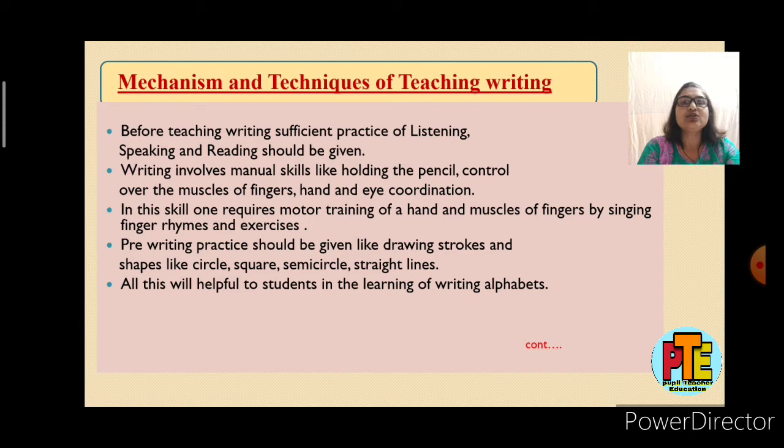At the beginning, students should learn to hold a pencil and try to scribble on the paper. Some of them draw shapes. It brings control over their muscles and fingers. Also, it develops hand and eye coordination. So, handwriting involves motor skill. Efficient control over the muscles in the neck, shoulder, hand, wrist and fingers is very important in writing.